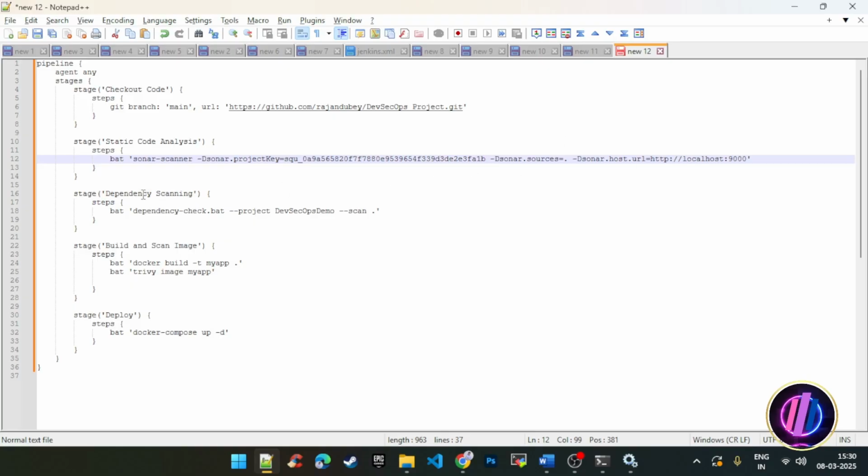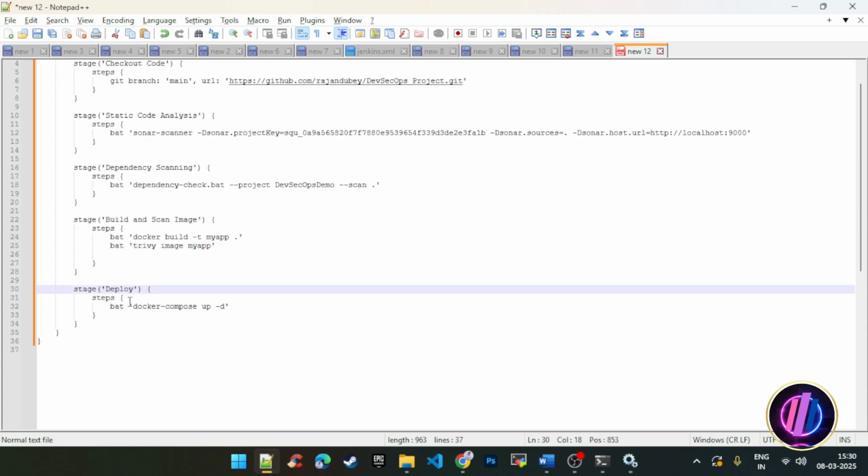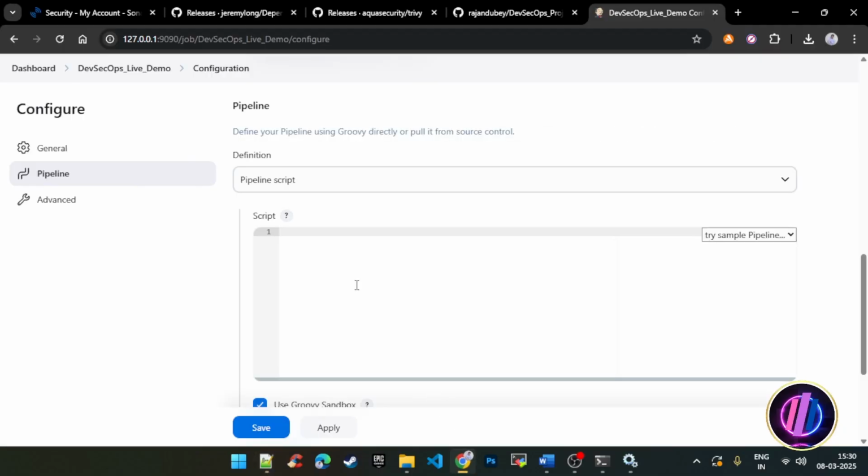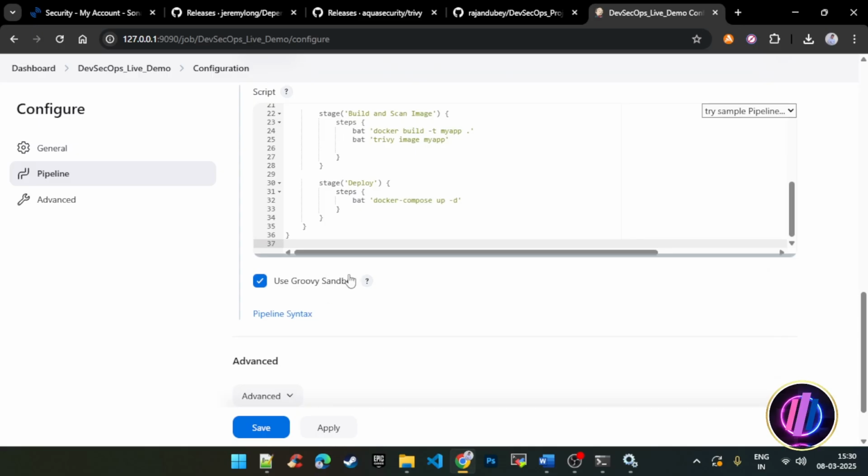Okay, and now dependency scanning, we are doing dependency scanning and we are building and scanning the image, and at last we are doing the deployment of our Docker file. Copy this script and paste it in the Jenkins pipeline,